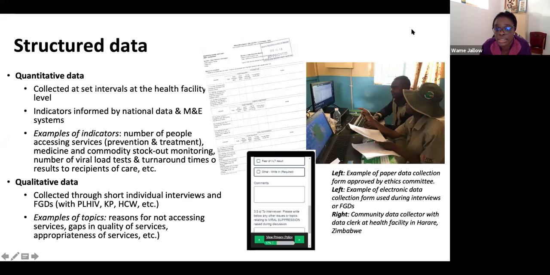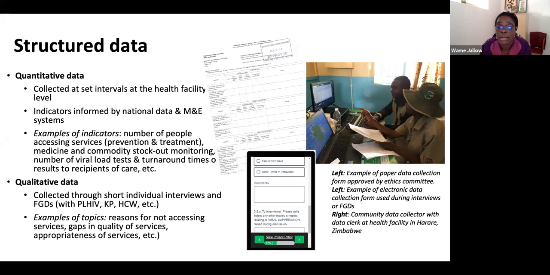So in our case for the CTO, we were collecting information from the health facility monthly, and this information then was aggregated quarterly and used to analyze what were the trends that we saw during that quarter. We can also look at qualitative data methods. This is typically information or data that's collected from focus group discussions or key informant interviews with actual health facility workers and or recipients of care, the community who actually